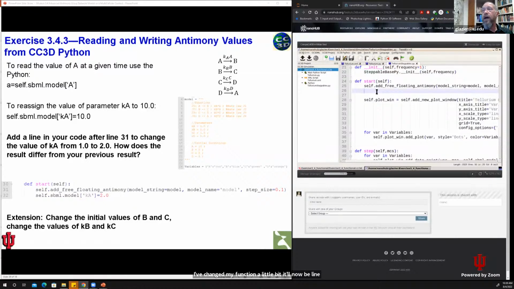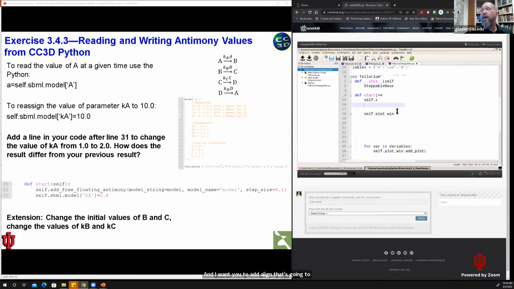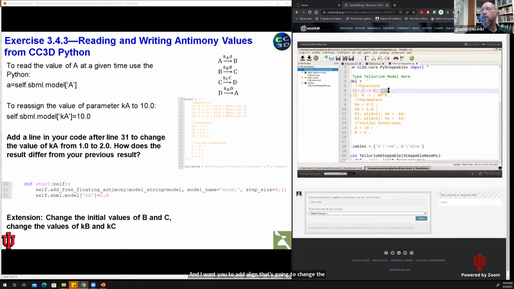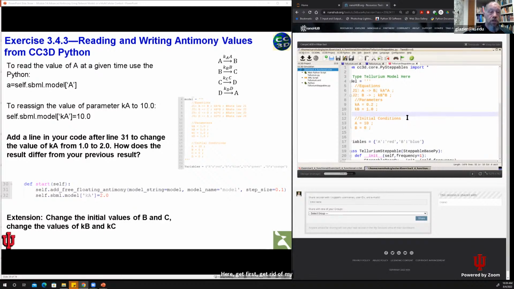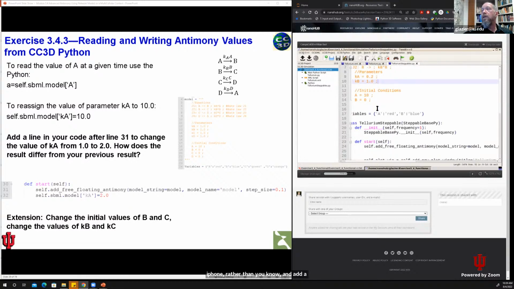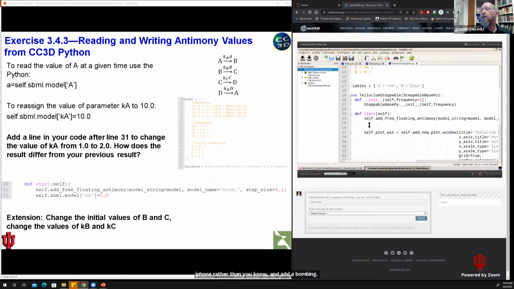And I want you to add a line that's going to change the value of KA here. Get rid of your conditional, because we're now going to change the value in Python rather than in Antimony. I want you to go in, and here in line, now it's 25, after I've loaded my model,